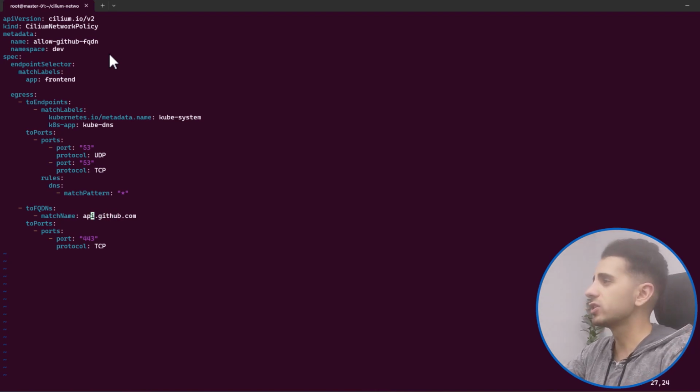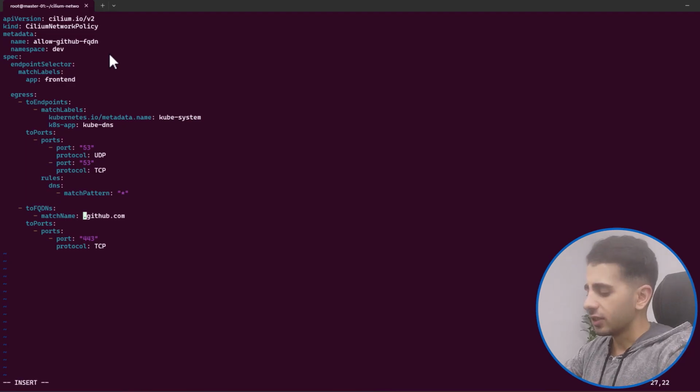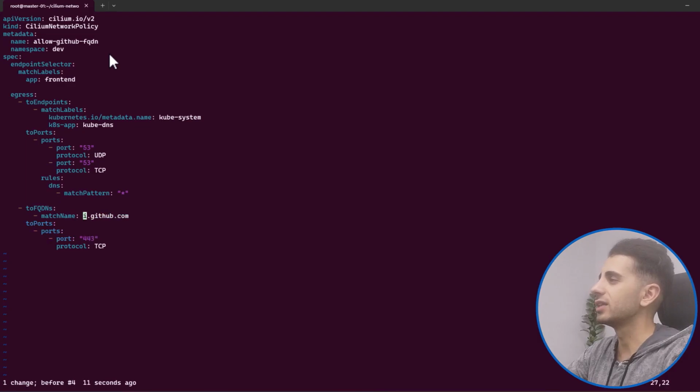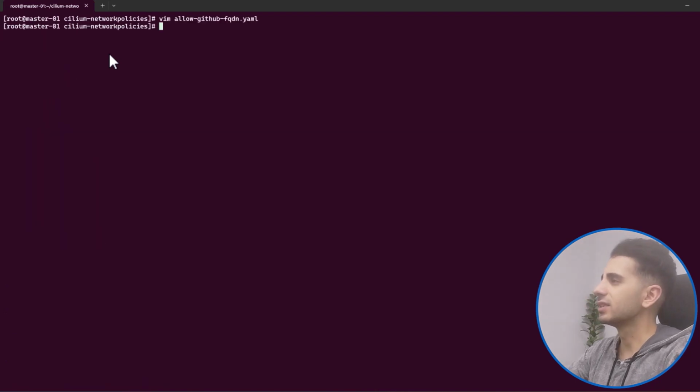Actually, we could have just written a star here, and this means it can resolve any subdomains of GitHub, but let's put it back. Here we just want to match the FQDN that is exactly api.github.com, and let's save it, and then apply it with kubectl apply -f on the allow GitHub FQDN file,